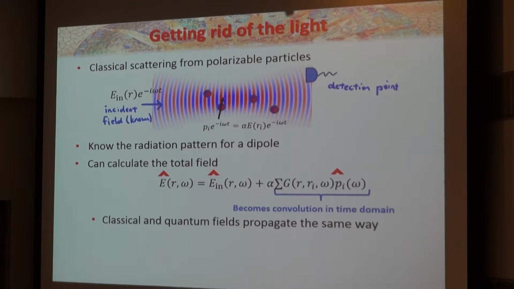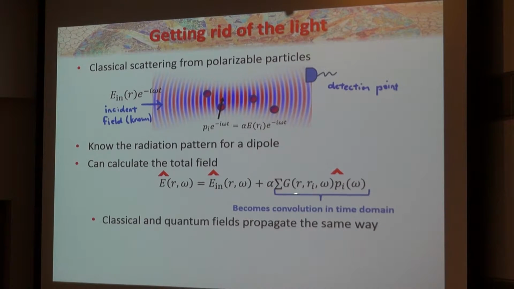But then if I try to use it in the time domain, this kind of product of quantities becomes a convolution in the time domain. And here's where the trick comes in, where having atoms really makes life simple. So an atom is a very high Q resonator, right? It has an optical resonance frequency of hundreds of terahertz, but usually a spontaneous emission linewidth of a few megahertz. What that means is, within a few megahertz, the dipole moment has a huge dispersion, right? But within a few megahertz, in typical dielectric settings, the Green's function is not changing very much.